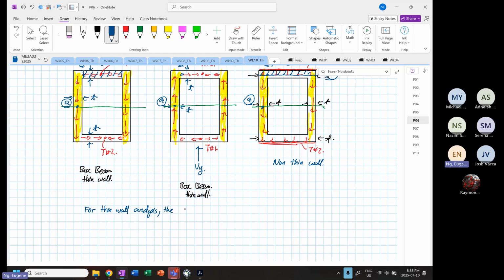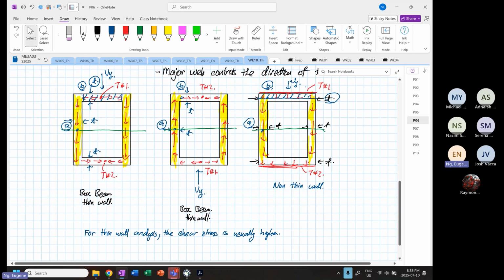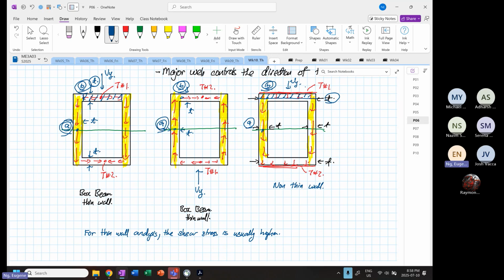Okay, the shear stress is usually higher. Right? This is because, let's say, if you look at point B, it'll be higher. But at point A, all of them will be the same. Because the area of interest, if it's at point A, right? The area of interest, if it was point A, hold on, at point A,